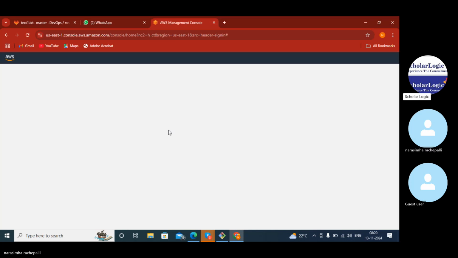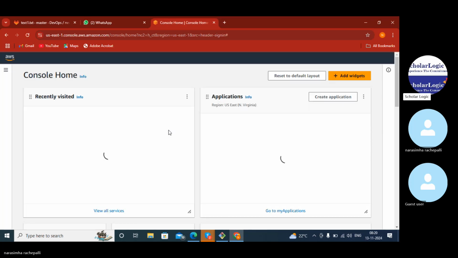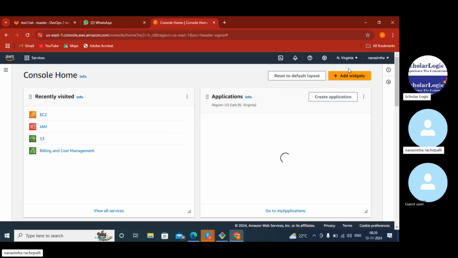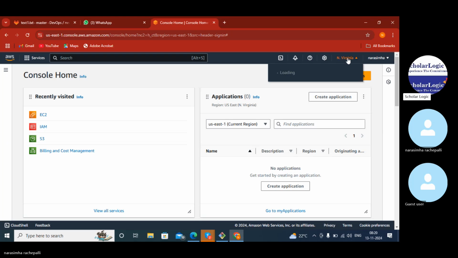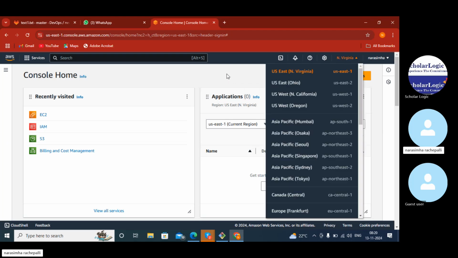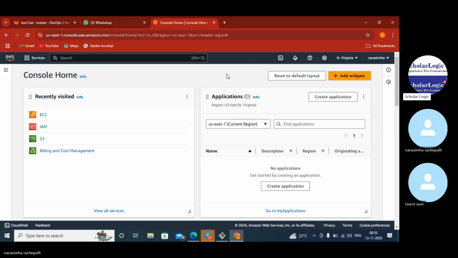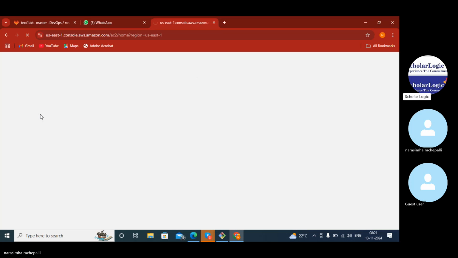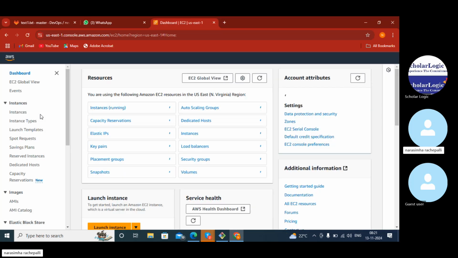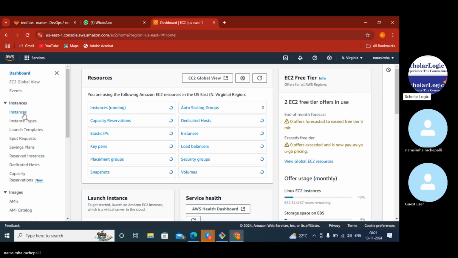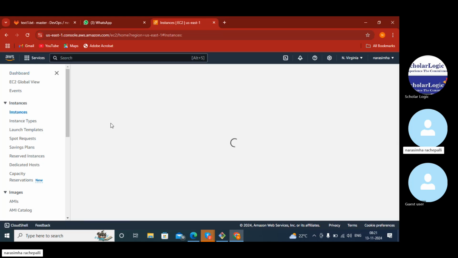Make sure you are in the US East 1 region, because most of the times we'll end up doing only in the US East 1 region. North Virginia, correct? US East North Virginia. Yes, US East 1, North Virginia. Okay, go to EC2. Probably it started creating the EC2 instance. You can see that instance running is